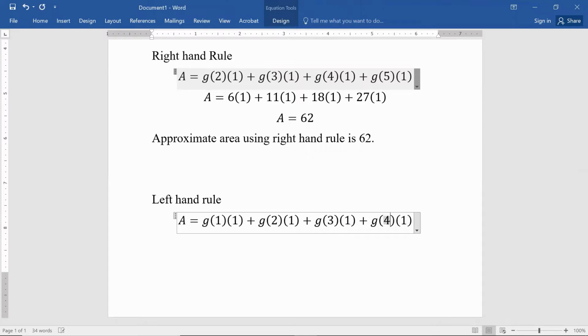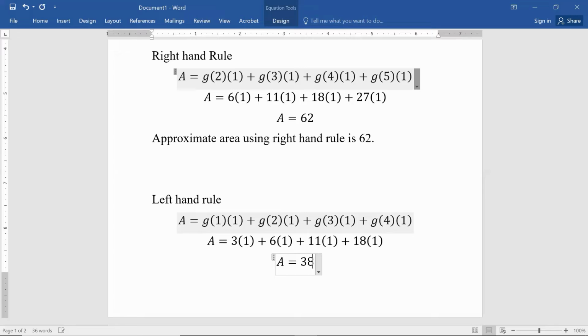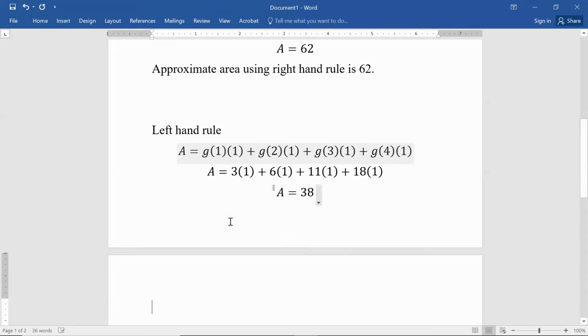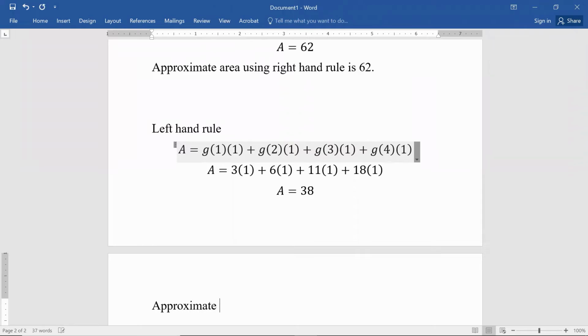Once again, some of these have already been calculated. One of these has not. G of 1, it turns out, is 3. G of 2, I already calculated. That was a 6. G of 3, I already calculated. That was an 11. And g of 4, I already calculated. That was an 18. In this case, the left-hand rule gives me an area of 38. So the approximate area using the left-hand rule